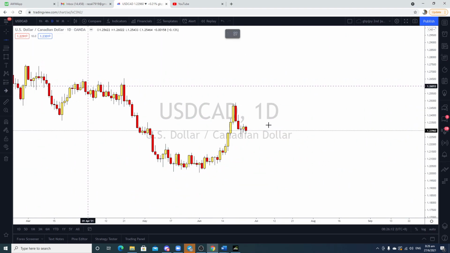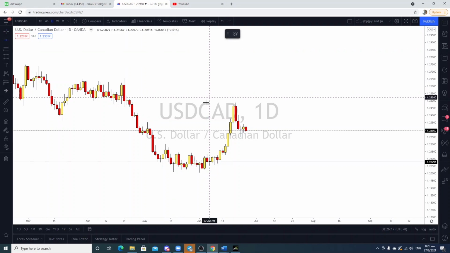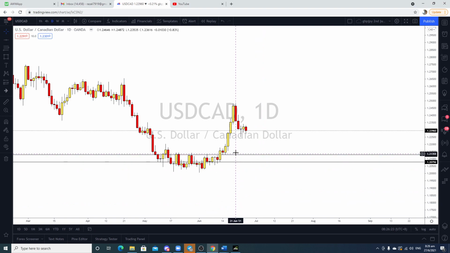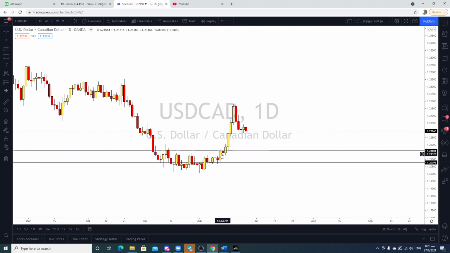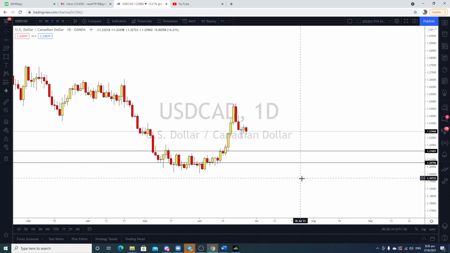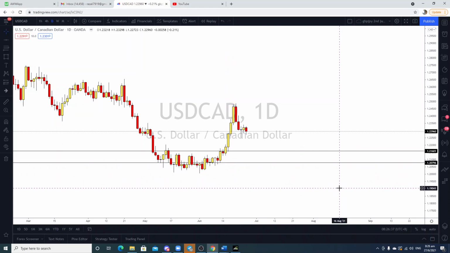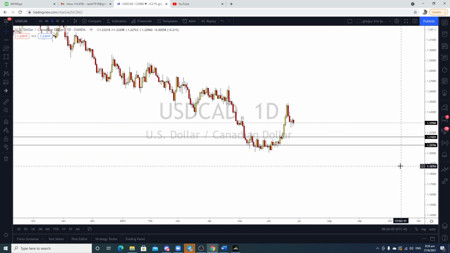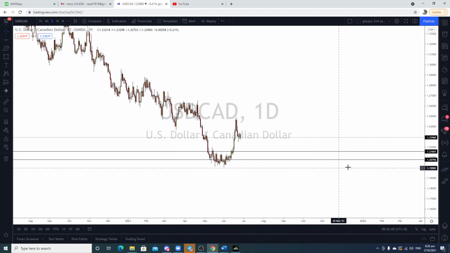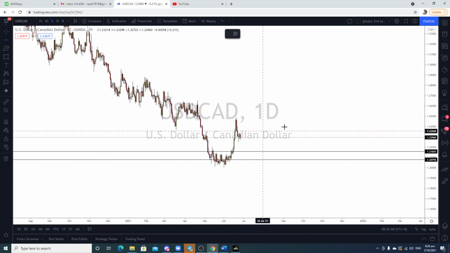Just look at it objectively. So I'll just take my level here, and then I'll put my zone here. I think the point of breakout is good. Okay, this is the top of the inside bar. Good enough. So 1.20800 to 1.21600 will be a good zone that I want to watch out for. I'm hoping to go long for USD CAD in this case, and the target profit could be quite high.